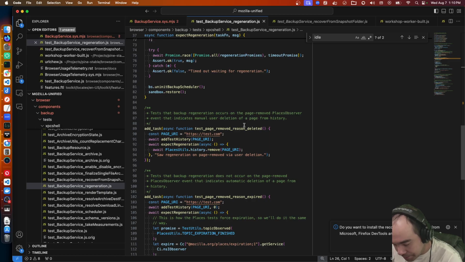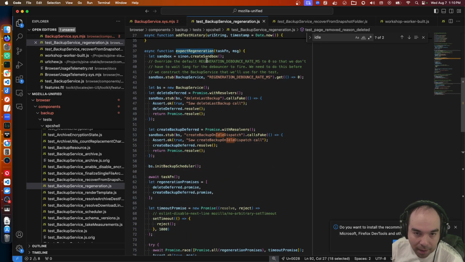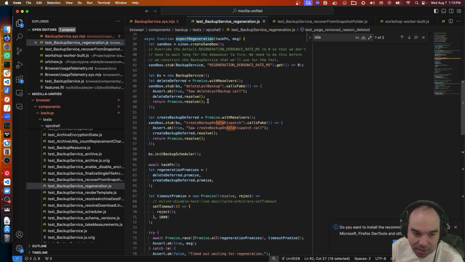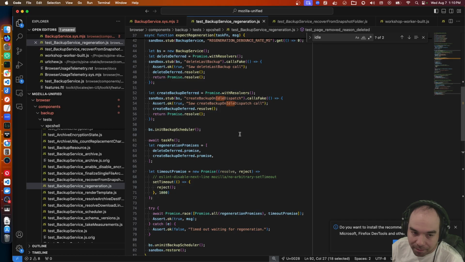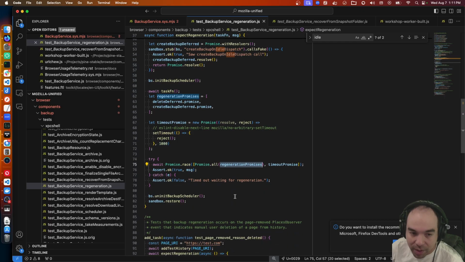Privacy first, y'all. So this was a test that made sure that if you removed just a single page of history because you deleted it, we would expect regeneration. And expect regeneration is doing a bunch of work to stub out bits and pieces of the backup service and notice whenever a backup regeneration is requested, we assert that it will be